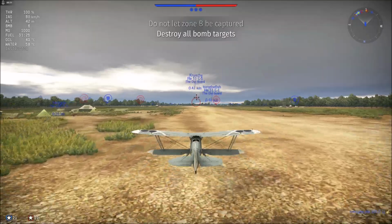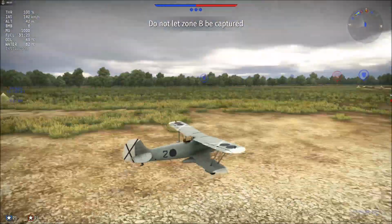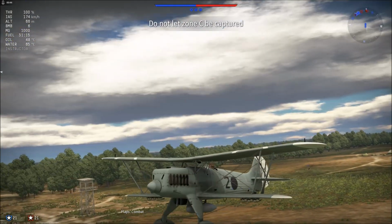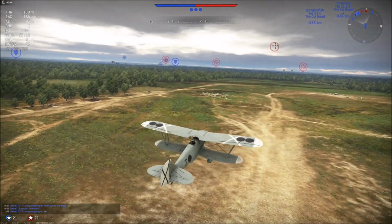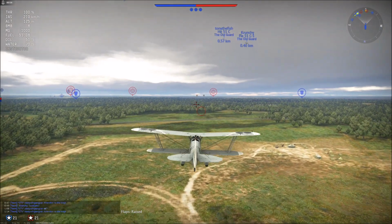crash into a tent. Yes, you do. 10 out of 10 for style, I'll give him that. But 0 out of 10 for taking off fitness. Anyway, because this is a ground attack aircraft, the C-1 was of course a ground attack aircraft,